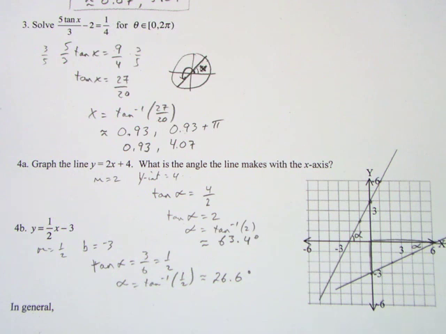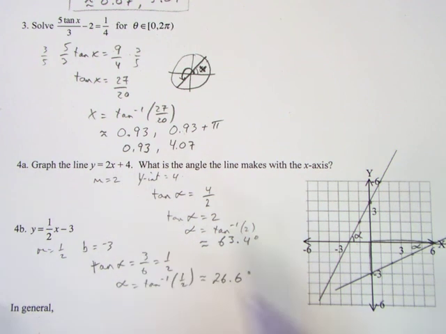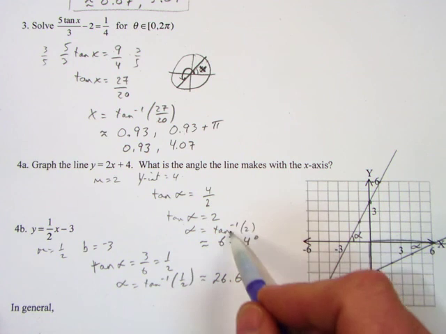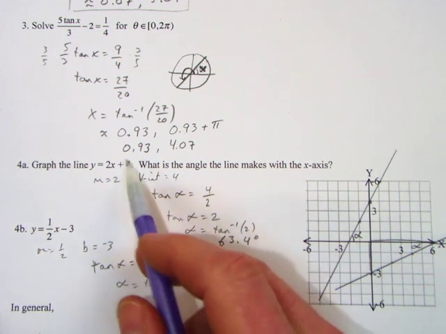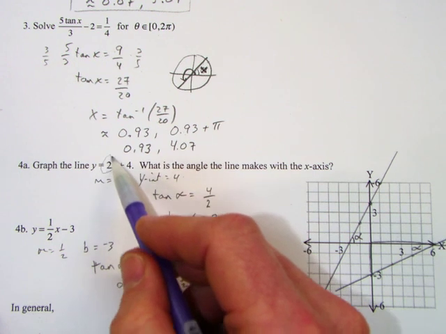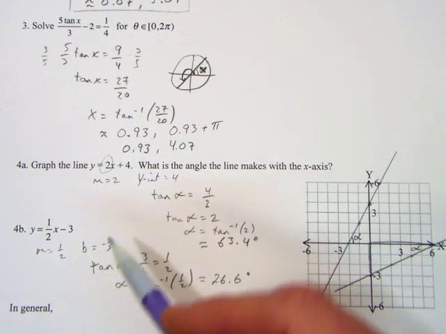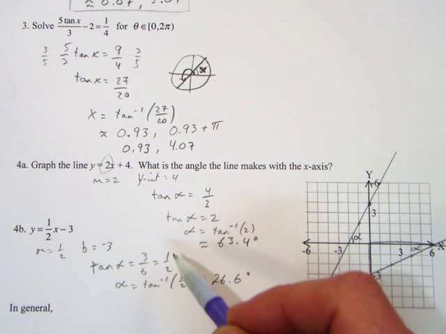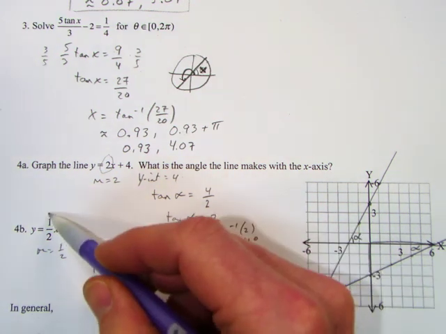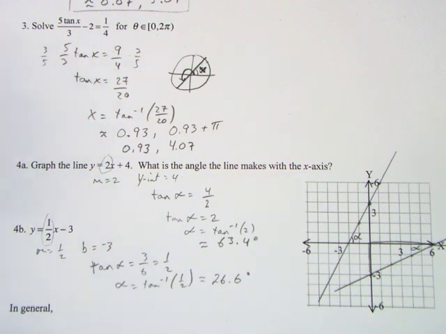And what do you notice about the equation we came up with, this tangent equation, and the original equation? Do you notice anything similar in there? Well, we have tangent of alpha equals 2. Where do we see that over here? That's right there. We have tangent of alpha equals 1/2. Where do we see that 1/2? Again, that's that spot in front of the x. What's that called? The slope. And it turns out it's always that way, no matter what direction the line goes,